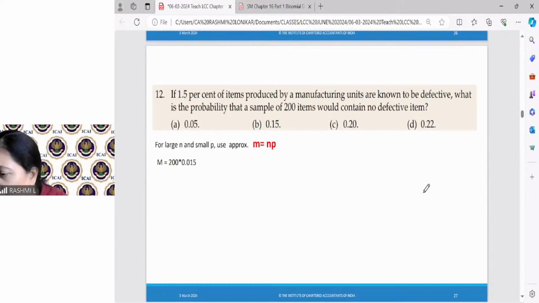If 1.5% of an item produced by a manufacturing unit are known to be defective, what is the probability that a sample of 200 items will contain no defective item? Okay. Now, when I read such a question, how do I know whether to use binomial or whether to use Poisson? Obviously it is a number of defective items, so normal distribution आएगा नहीं, क्योंकि normal तो होता है continuous